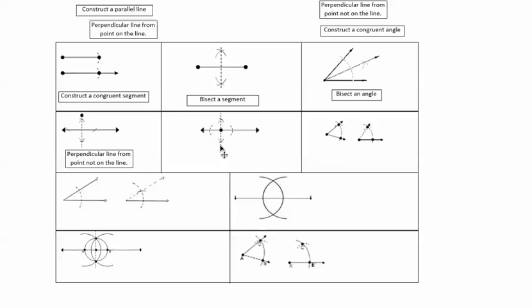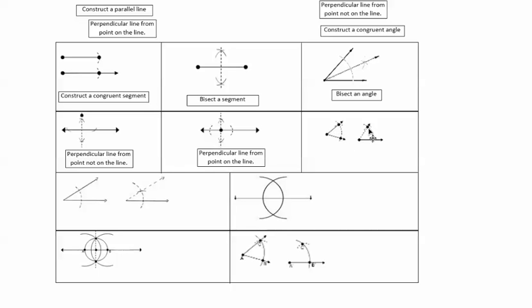Here again, you're doing that perpendicular line, which is the same line that we used to bisect. It's perpendicular, but now they're showing you a point that's on the line. So that should give you a hint that that's a construction for a perpendicular line from a point on the line. Here they're showing you two angles,